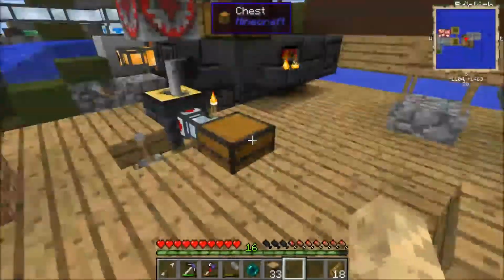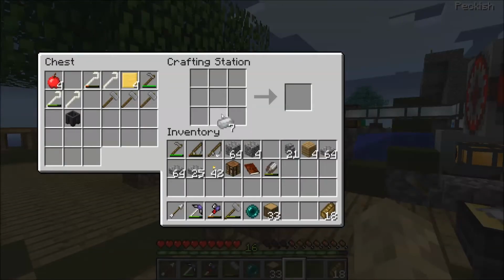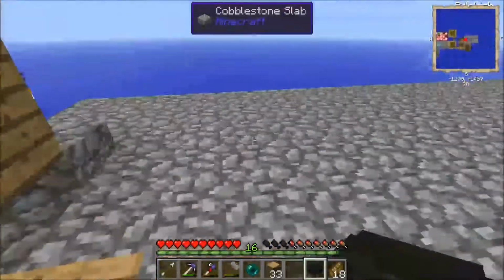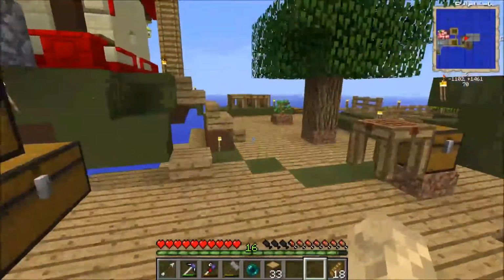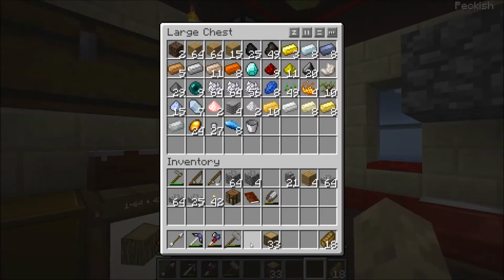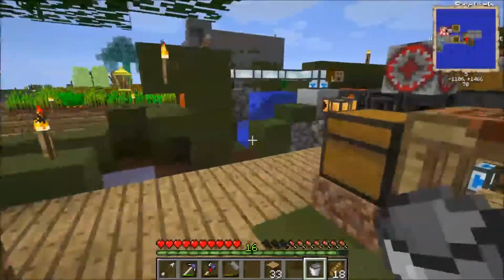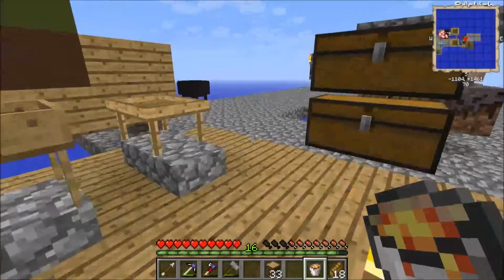But getting up to a vacuum hopper will allow me to auto collect all the mob drop items. So I have no idea much on using a vat here, what's all involved. Let's get a bucket of lava and a bucket of water, shall we? Here's our bucket. Get the lava first because that'll take time to reprocess. And maybe the reality is I want to get